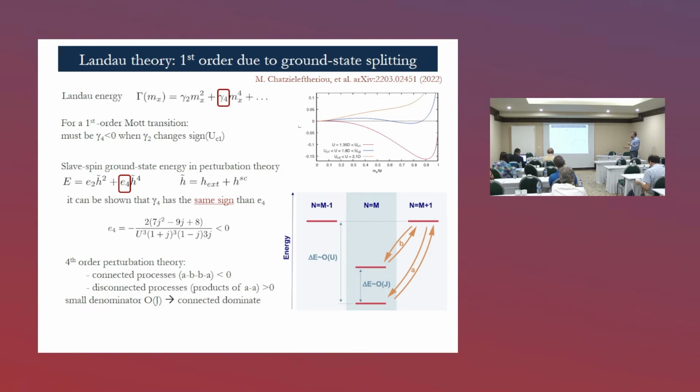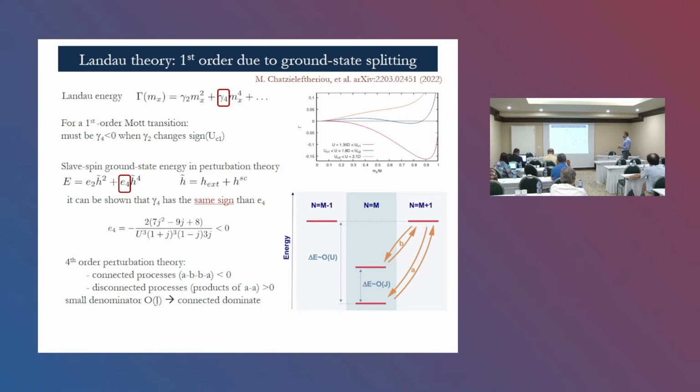So the key point is that these connected processes that bring you to this low lying state in the same charge state are only reached through four jumps, so they only contribute at fourth order. This is what makes the fourth order coefficient negative: the splitting energy, which is the denominator in perturbation theory, is very small, it is J, whereas the charge excitations are split by order U, which is larger. So this negative process will prevail over the other one